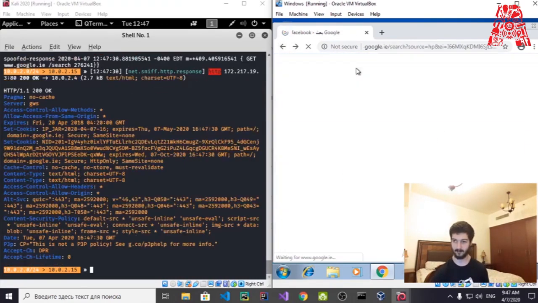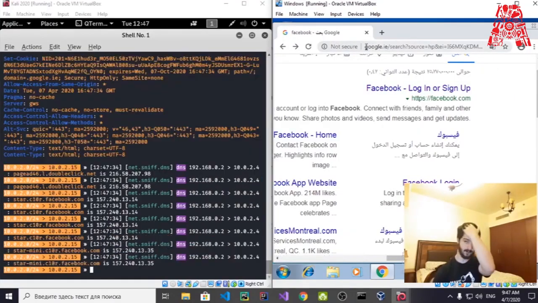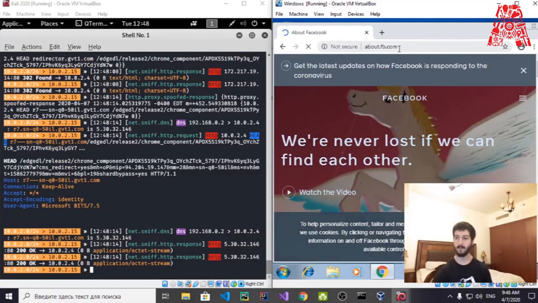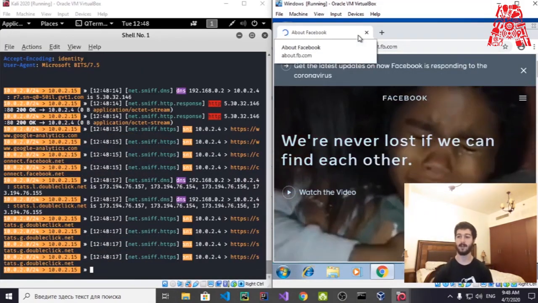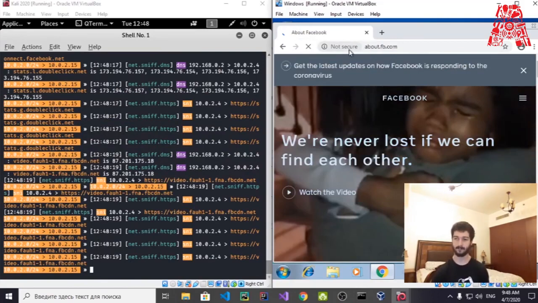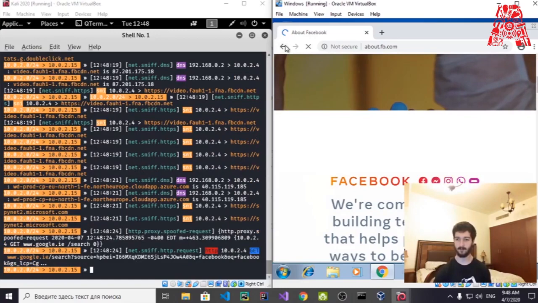So if I go back, I would like to show you that it's not necessary for it. You can see it's written "not secure" because it's running on HTTP. If I click on facebook.home, for example, this website about facebook.com, you can see it got transferred again to an HTTP website. So everything here gets transferred to an HTTP website. If we go back